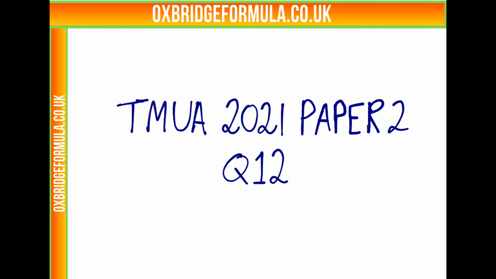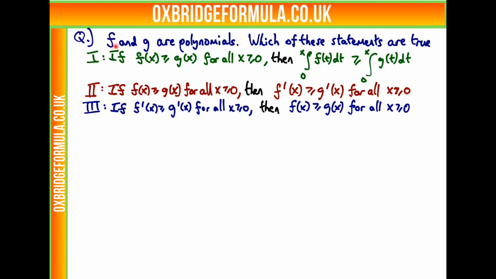This is TMUA 2021, Paper 2, Question 12. We're told f and g are polynomials, and we want to determine which of these statements is true. So let's look at the first statement, which first says that if f is bigger than g for all x